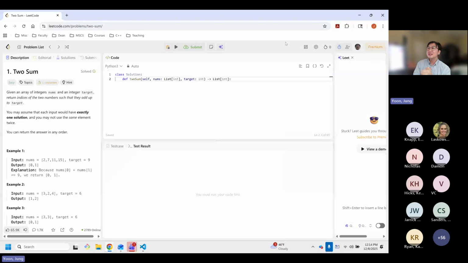But this is a question off of LeetCode.com. It is the easy question, and it is called the two-sum challenge. Okay? Now, if you were here during part 1, you might have seen a glimpse of this question. But I want to make sure we take the time to break down what exactly we're looking at here today.